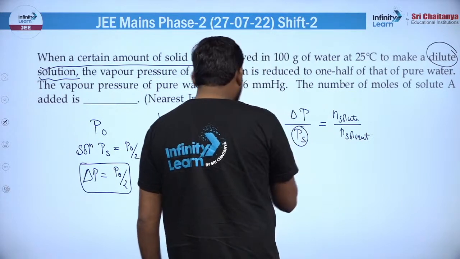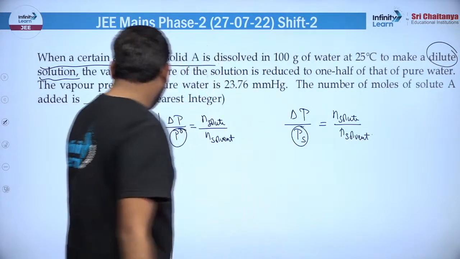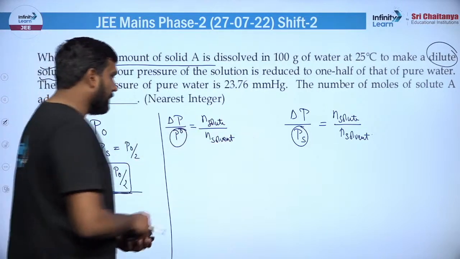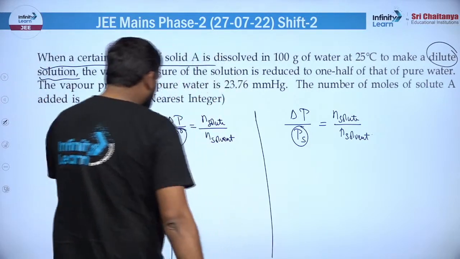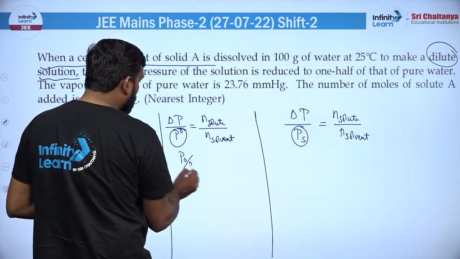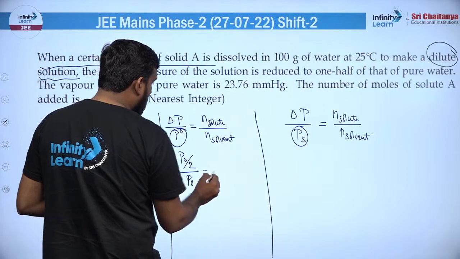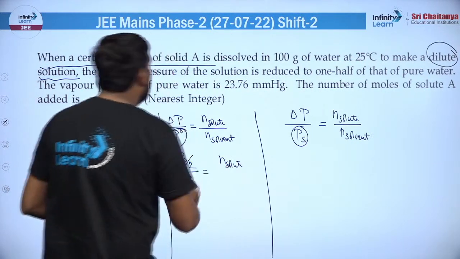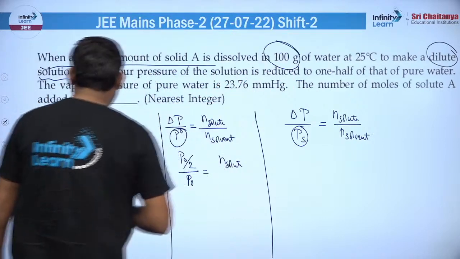अब फर्क क्या पड़ता है कि अगर आप यहां पे PS ले रहे हो या P0, क्योंकि जो चेंज है वो बहुत बड़ा है, ठीक है, इस वजह से वैल्यूज अलग अलग आएंगे दोनों में। मैं आपको करके दिखा देता हूं, ठीक है। जैसे अगर मान लो कि यहां पर आप P0/2 अपॉन P0 रखोगे, और यहां पे आप N ऑफ सोल्यूट अपॉन N ऑफ सॉल्वेंट रखोगे, आपको पता है वेट दिया गया, ठीक है।